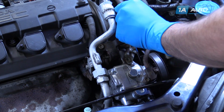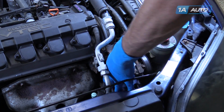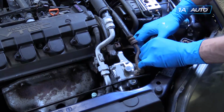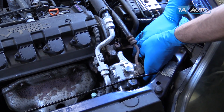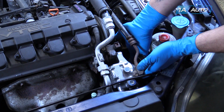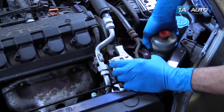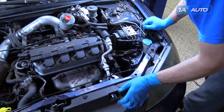Loosen the pivot bolt at the bottom of the power steering pump with a 12 millimeter wrench. Remove the adjusting bolt and remove the power steering belt. Remove the rest of the pivot bolt from the bottom of the power steering pump. Once the power steering pump is free, push out on the tab to release the power steering reservoir